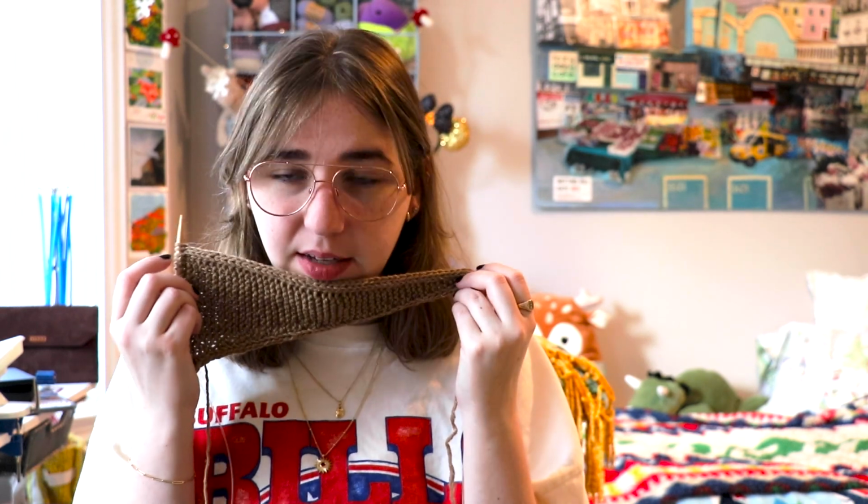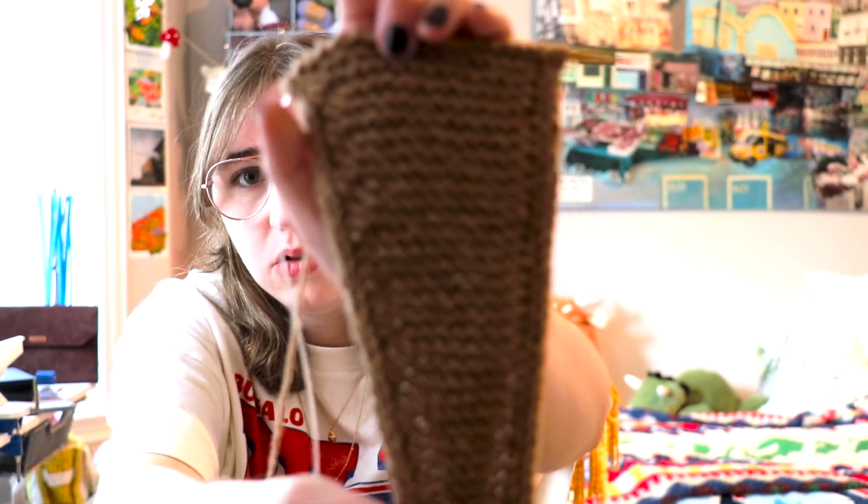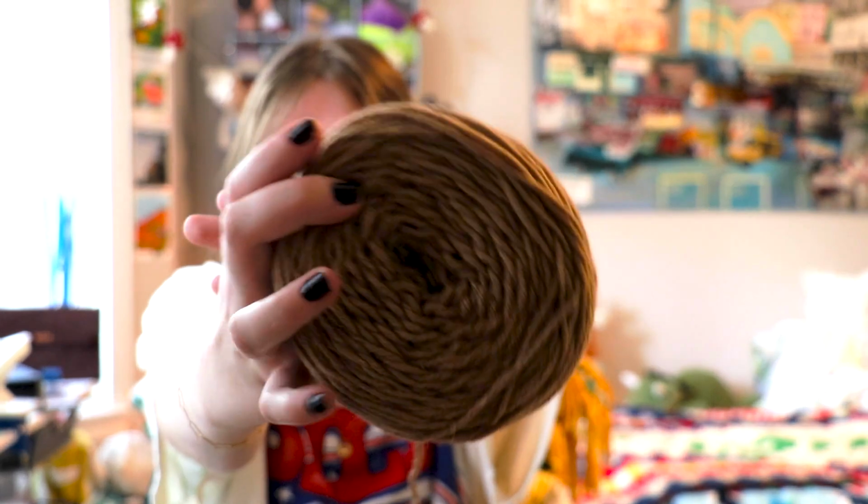Unfortunately, I have two skeins of this and they're not from the same dye lot, which means that, I don't know if you're going to be able to see this, there's kind of some white speckles throughout it. And the other 100 grams that I have, which is also in a bunch of smaller balls behind there, because I tried to use it for a project and then I frogged it because I started it before I knew gauge, yarn weight, and all of these things, and I did not have enough yarn. But this one, let's see if I can...